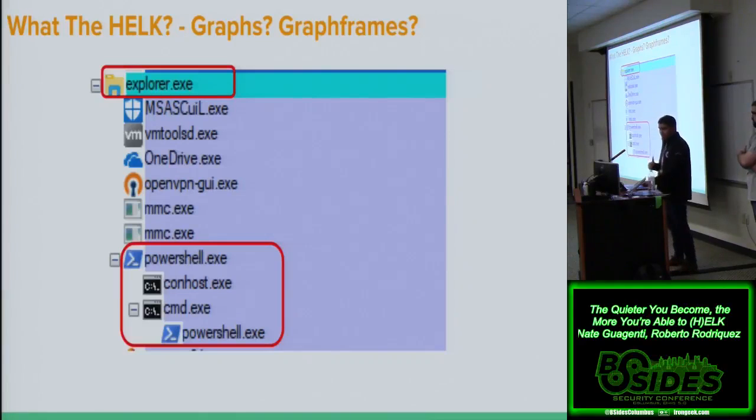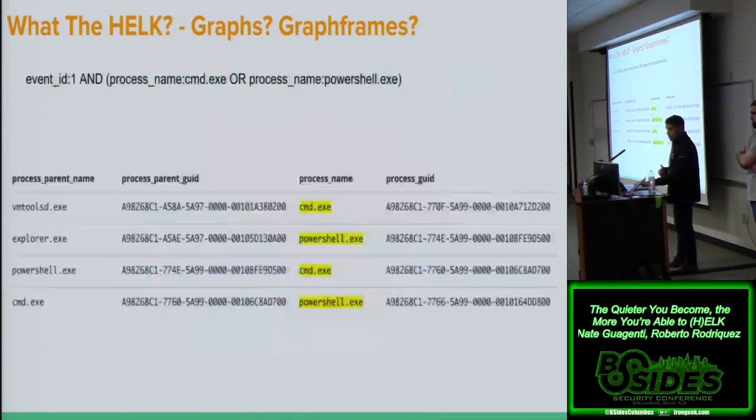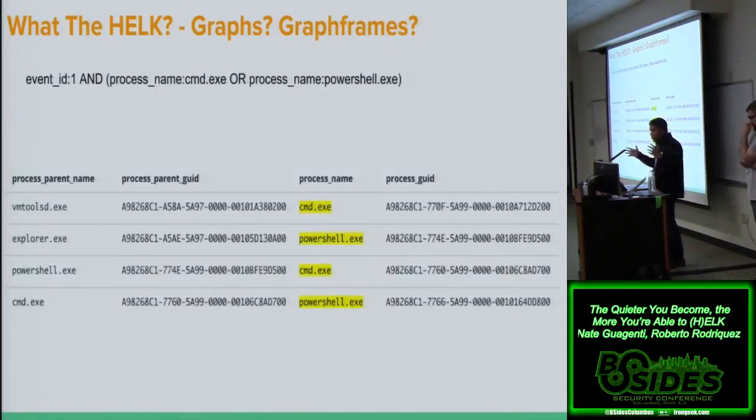And one thing that this is actually allowing me to do is that if I go to my Elasticsearch or any other technology, if they don't have a graph capability, you will have to do a lot of OR statements. Kind of say, hey, show me command.exe or PowerShell, and then you can see here, for example, that Explorer has a parent GUID. It's a long one, but you can look at it later. But basically, it goes Explorer to PowerShell, PowerShell command.exe to PowerShell, right? But at the same time, I'm going to be grabbing other processes that are executing command.exe and PowerShell.